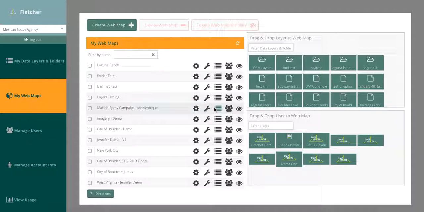In this month's edition, we'll be going very quickly through a change that we've made and how that benefits you as the user. We're excited to announce that we have KMZ file format support. So for those of you who don't know what a KMZ is, it's essentially just the zipped version of a KML. And for those of you who don't know what a KML is, a KML is the standard file format